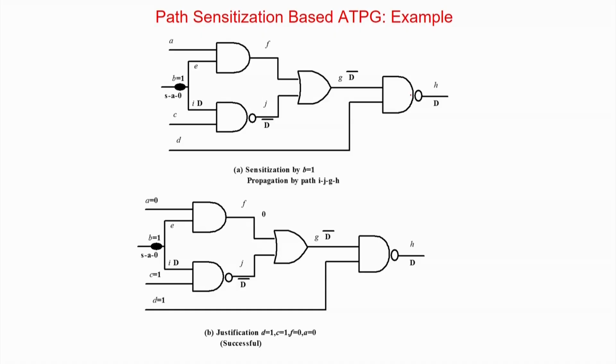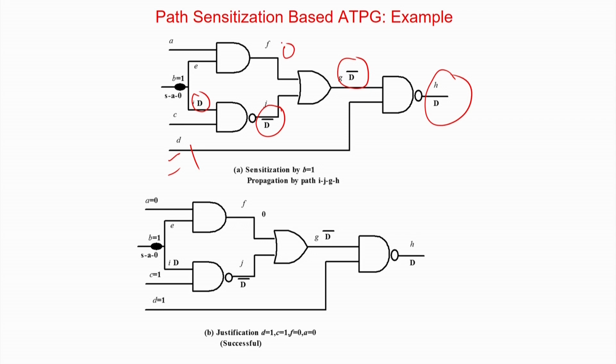So, now they have taken this path. So, 1 0. So, this is D of course, then this is inversion. So, it will be D inversion, because of the NAND gate, this is the propagation part. So, D bar, again inversion is D. Now, you have to justify this. So, justify of course, this gate will be a 1, correct. Then this OR gate, the other end should be a 0.